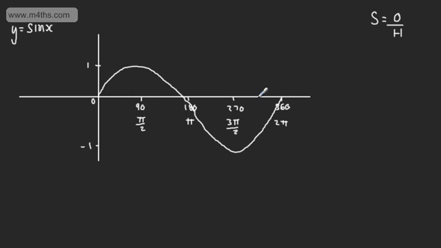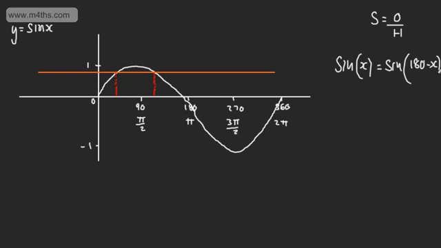We're now going to look at the symmetry of this particular graph. If you've done some work before with trig graphs, you might have put a line in and said, well, if I have some value just here, let's say that this value is x, we would be asked to find the other place where we had the same y coordinate. We can say that the sine of x will be equal to the sine of